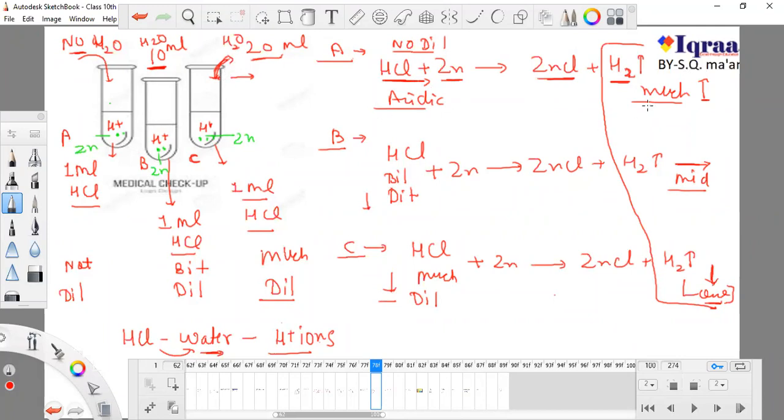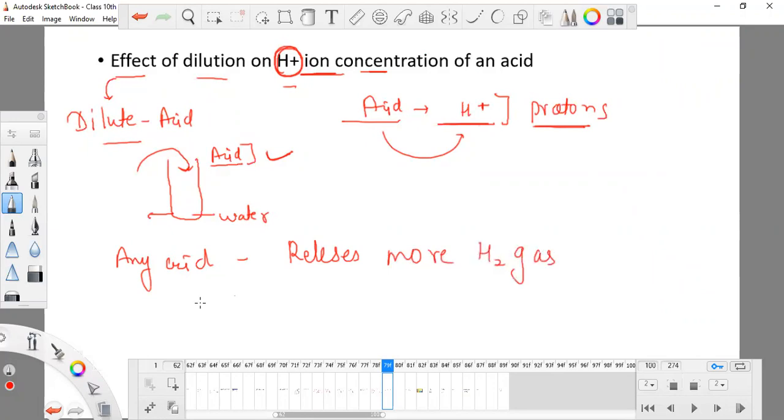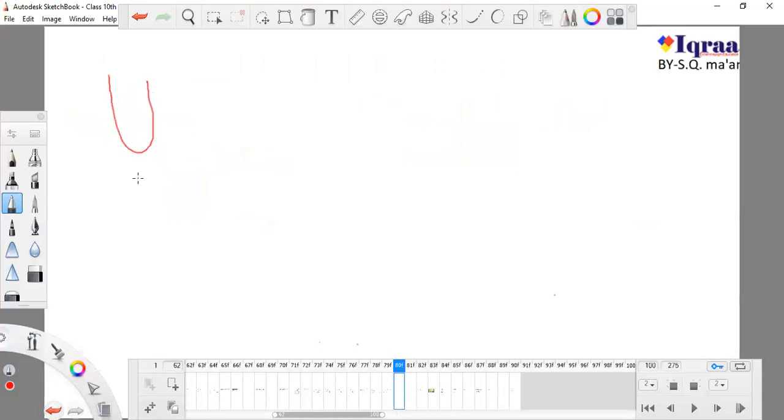So depending on the release of hydrogen gas, we can say that any acid which releases more hydrogen gas is more acidic. Okay, because finally a time comes when I'm using 1 ml of HCl